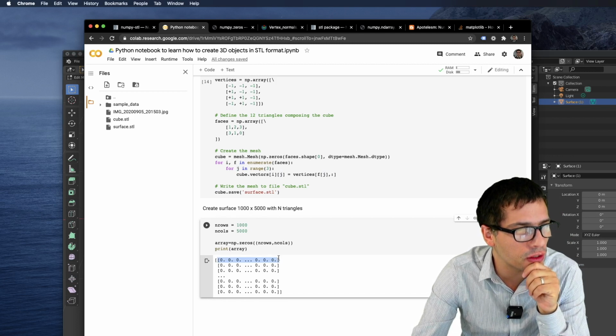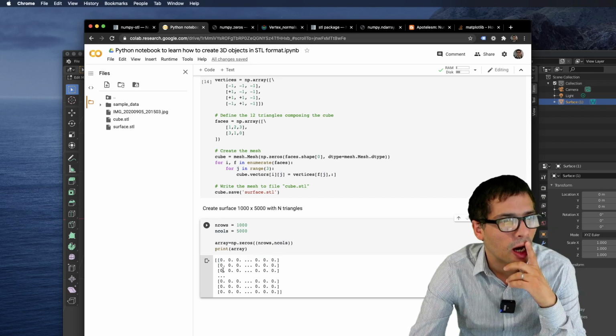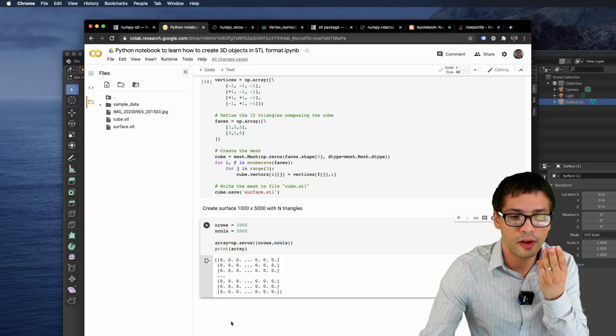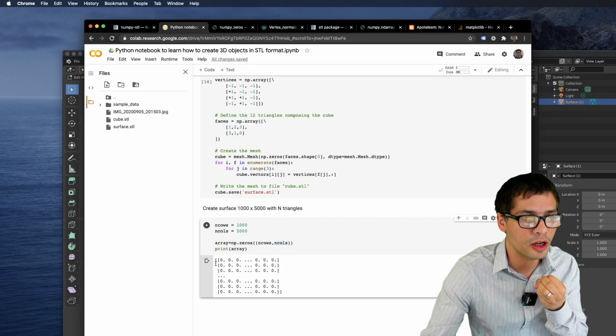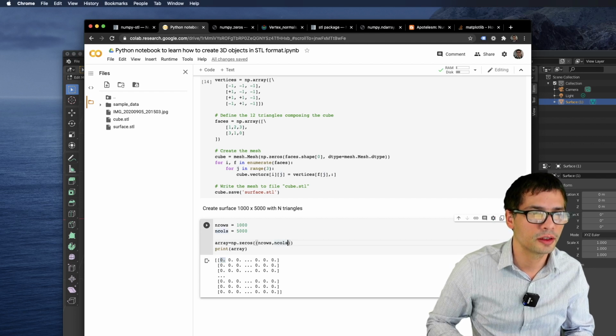So 5,000 on each row, so I have 1,000 rows. I'm going to want to define a list of vertices, right? Each vertex has 3 coordinates, right? So for each element here, I need to specify 3 numbers. So I'm going to have to pass in 3.